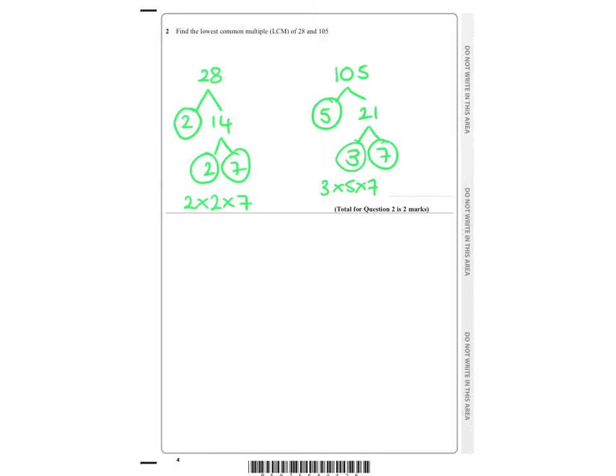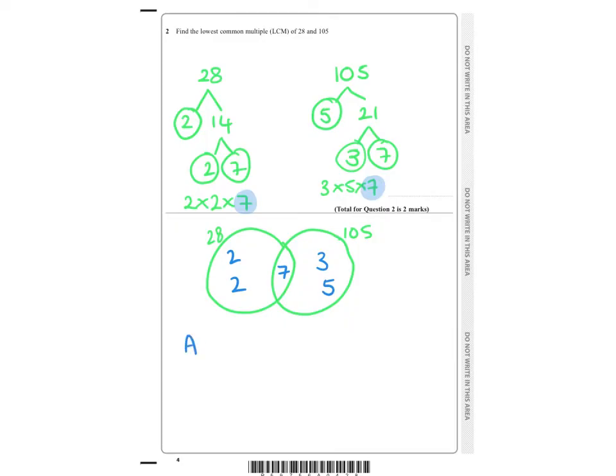I'm now going to use a Venn diagram. So I have 28, 105. So 28, do they have anything in common? Now, the only number they have in common is 7. So that 7 is going to go in the middle. And then I'm going to have 2 and 2 left over and 3 and 5 left over. Now, when I'm looking for my lowest common multiple, I'm looking for A union B. Okay, so if this is my A and this is my B, I'm looking for the union. So everything that's